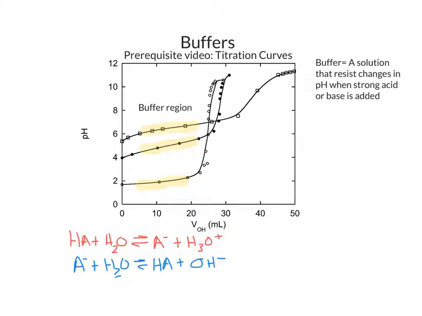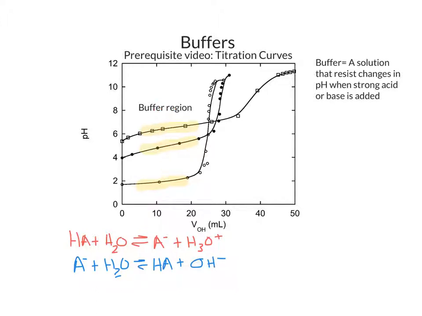So because I have both the acid and the conjugate base in my solution in appreciable amounts, if I add strong base, it can react with the conjugate acid to use up some of the conjugate acid and make more A minus. Thus, the extra OH minus that I've put into solution gets soaked up by the conjugate acid and doesn't exist as OH minus in solution anymore,